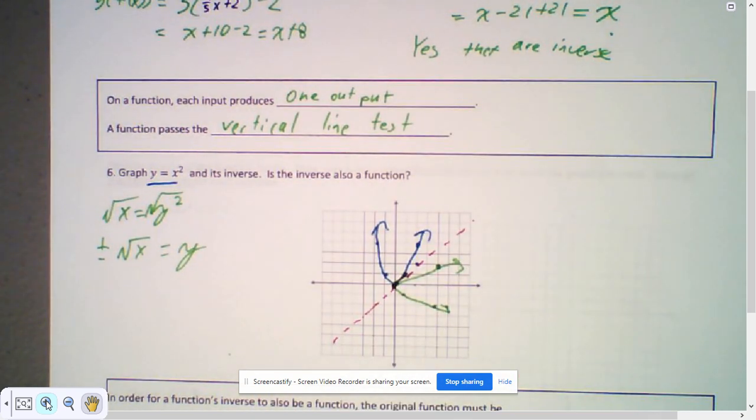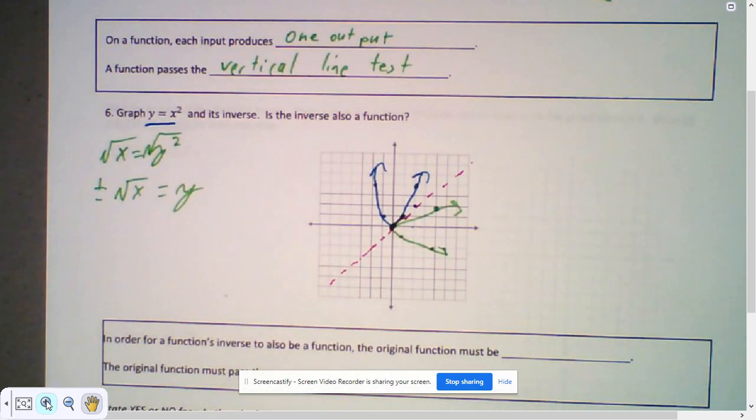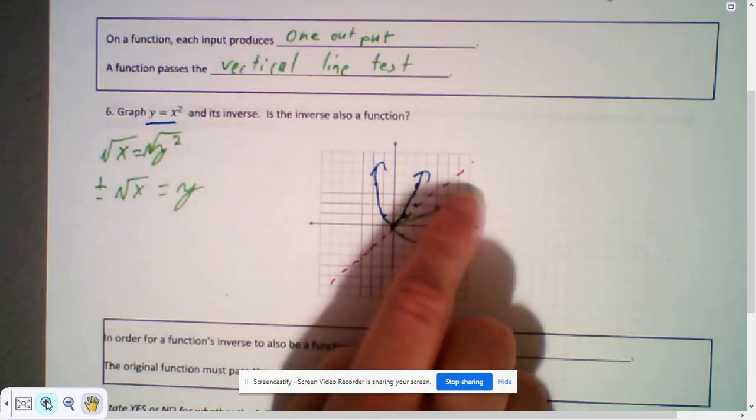So they are indeed inverses of each other, but it's the inverse of a function. So my original was, my inverse is not. I'm not passing my